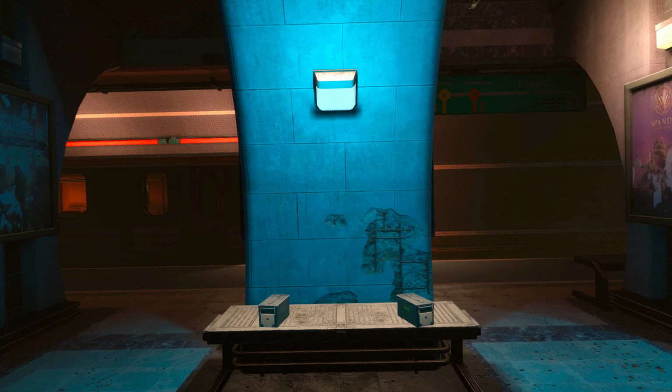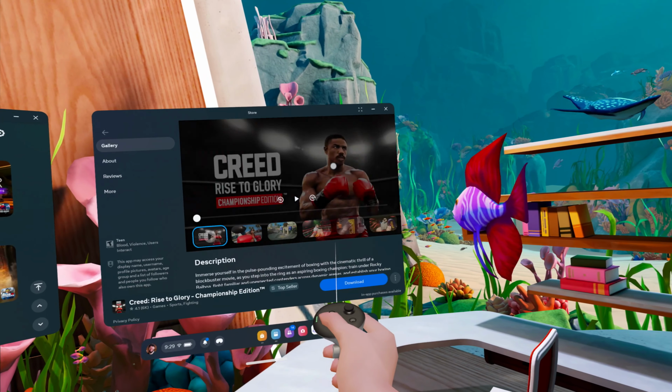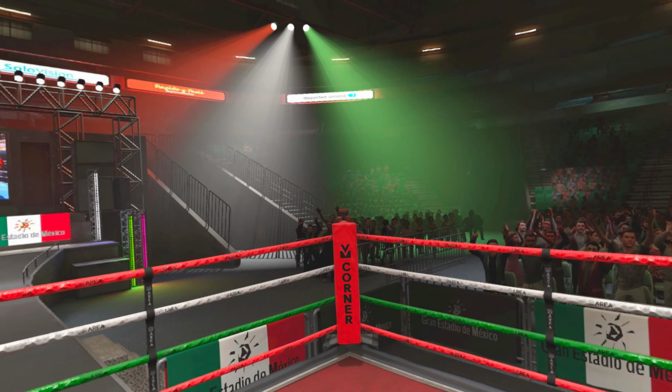Every single Quest 3 game needs this new feature. What am I talking about? I'm talking about an immersive environment that appears around you when you're looking at a title on the Quest store